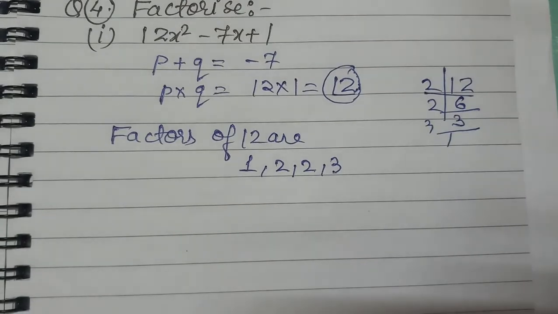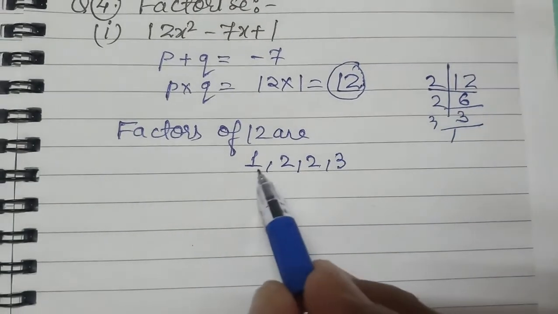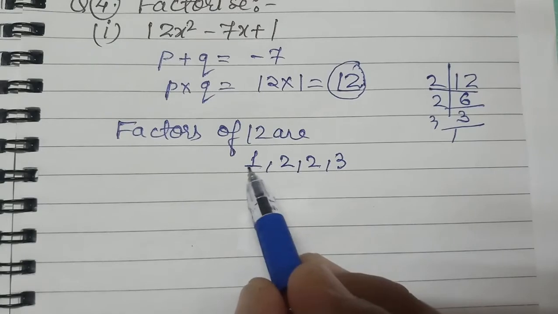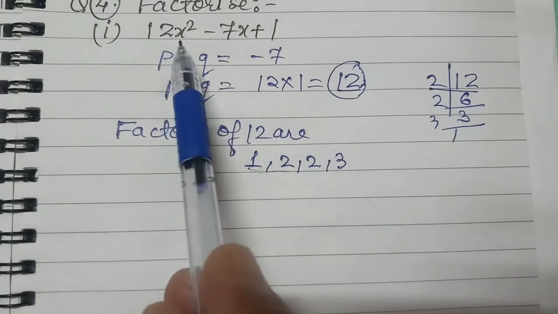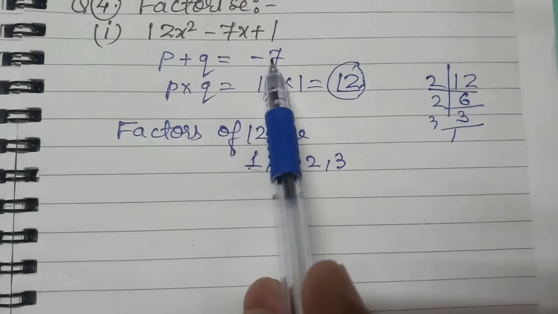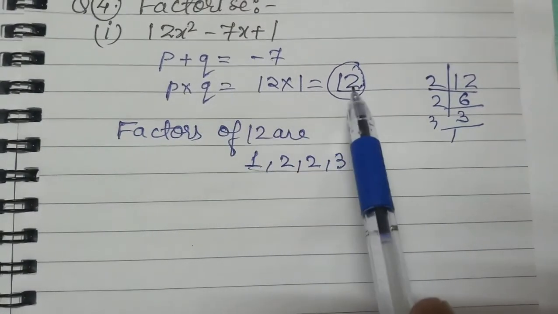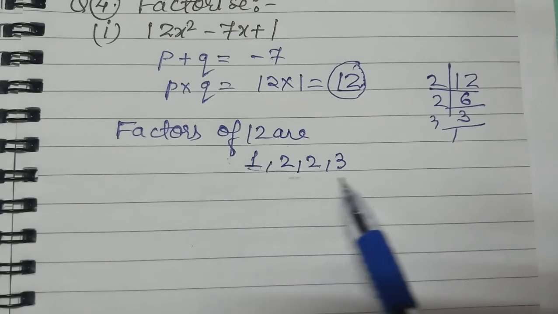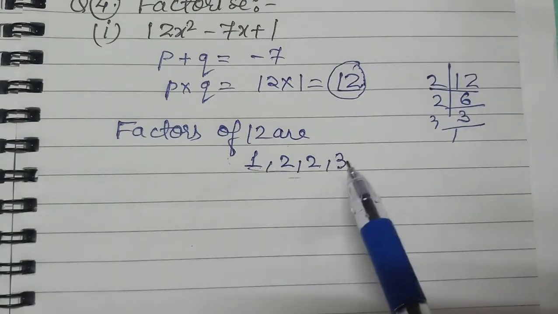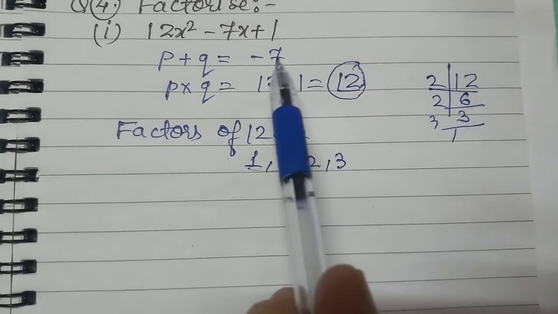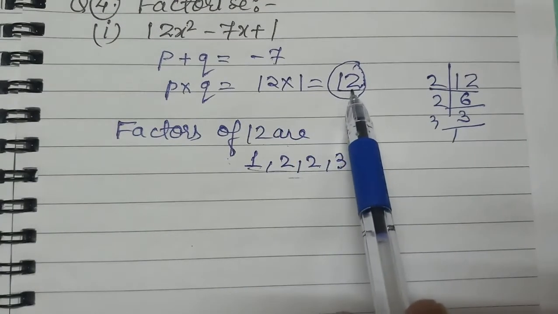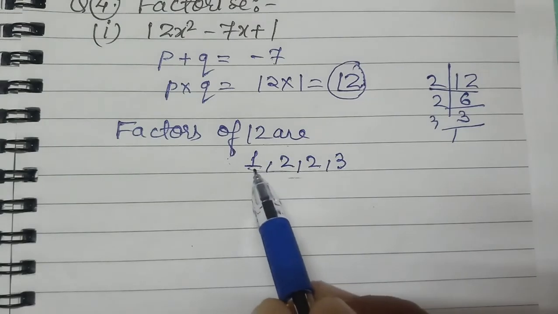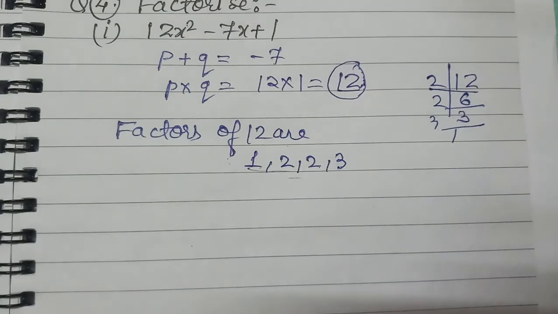Now we are having 1 2 3 4 factors, and now we want to choose in such a way that on adding we need minus 7 and multiplying we need 12. That means we will convert these four numbers into two numbers, and you have to just think what on adding we need minus 7 and on multiplying plus 12. So let's think. We can make so many numbers, children.